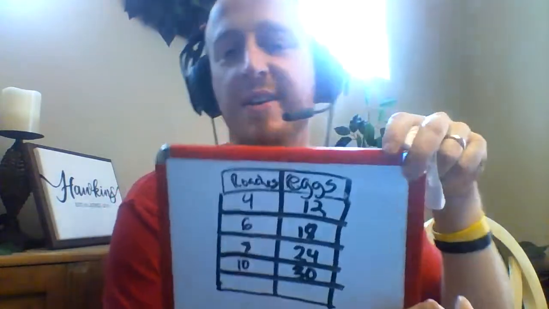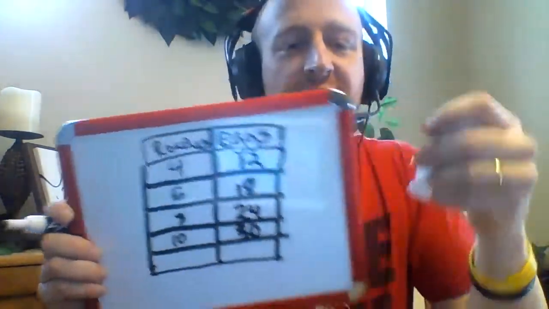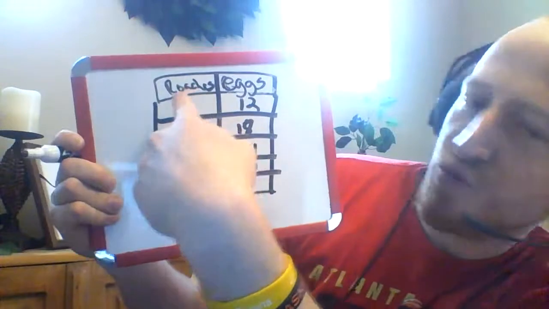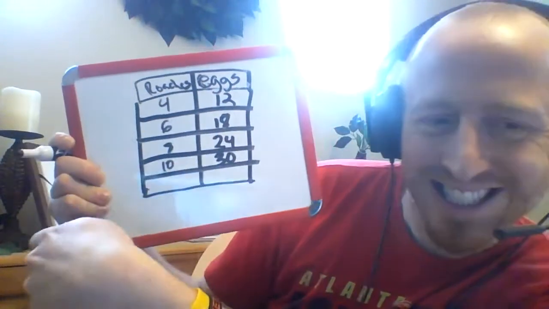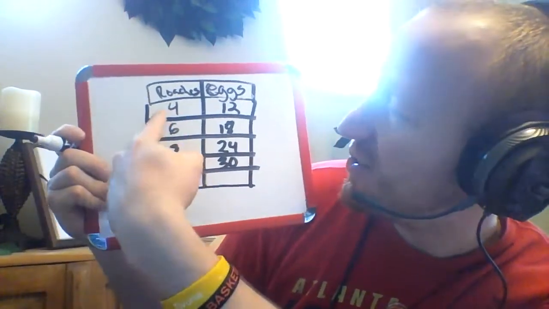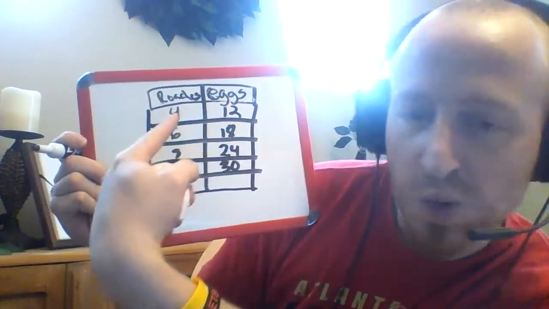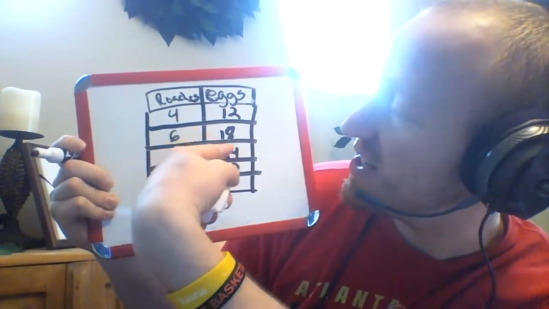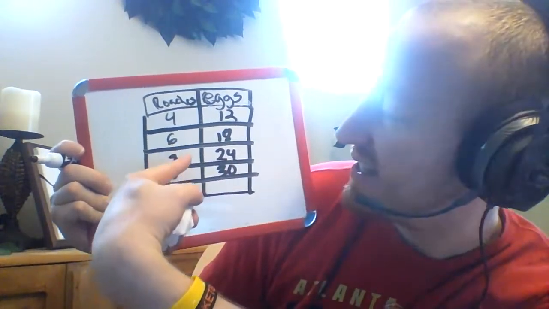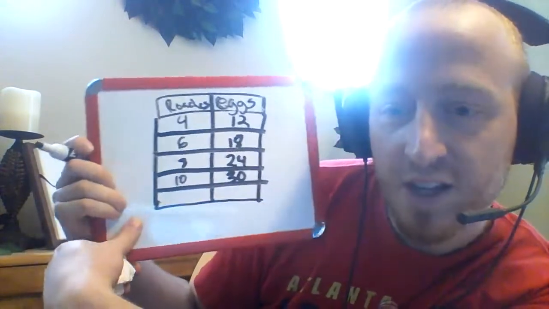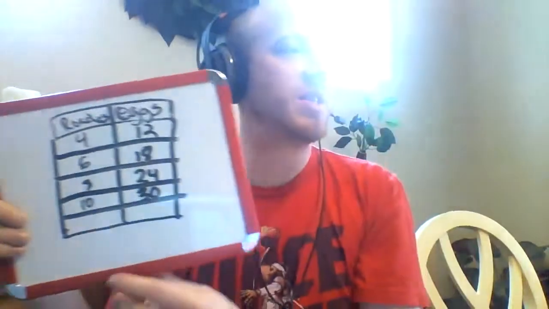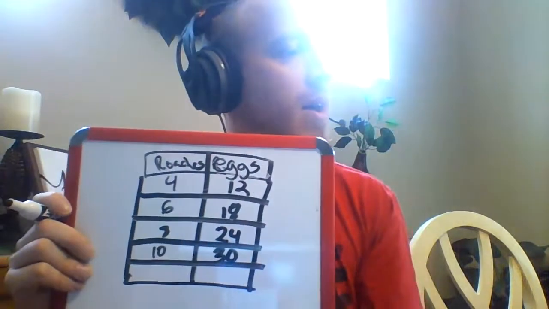All right. So let's say we're given a chart like this. We have roaches and eggs. When there are 4 roaches, there are 12 eggs. When there are 6 roaches, there are 18 eggs, and so on. So what if the question was how